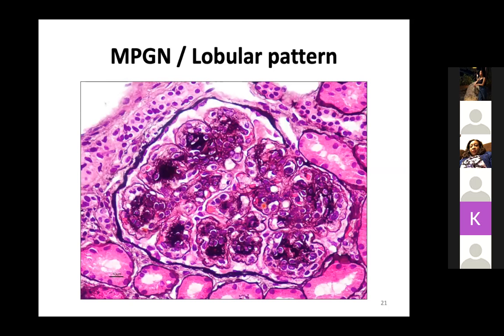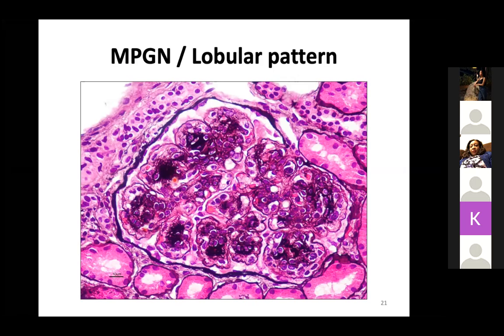Now, I mentioned the lobular pattern, or MPGN pattern, or membranoproliferative pattern. It has two words, membranoproliferative and lobular. Lobules may mean this; these are the lobules of capillaries. When these lobules are very prominent, we call it lobular accentuation. Why membranoproliferative? Because your membranes are thickened and there is endocapillary proliferation. Endocapillary proliferation with abnormal membranes is the membranoproliferative pattern. At later stages, the endocapillary proliferation may subside and there would be an increase in matrix, like we are seeing here. So here we are calling